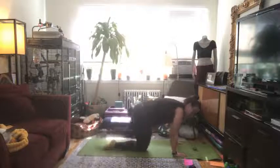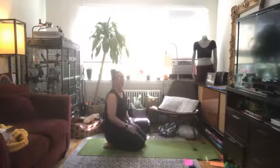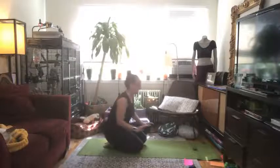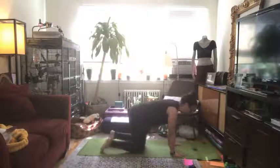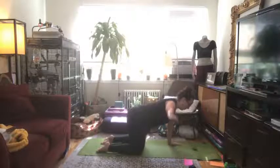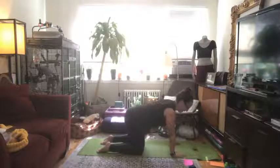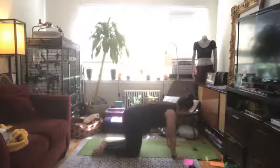Awesome. Ooh, next up we're going to go for a little less movement. We're going to find a side reach. So either being in tabletop or in a full plank, you're going to reach your hands out towards the side with your palm facing down towards the floor. Make sure you have space